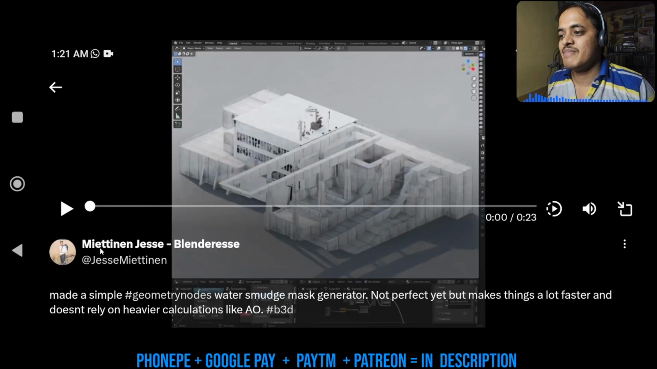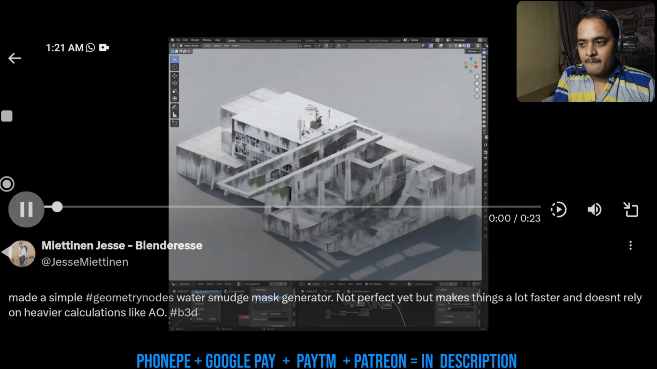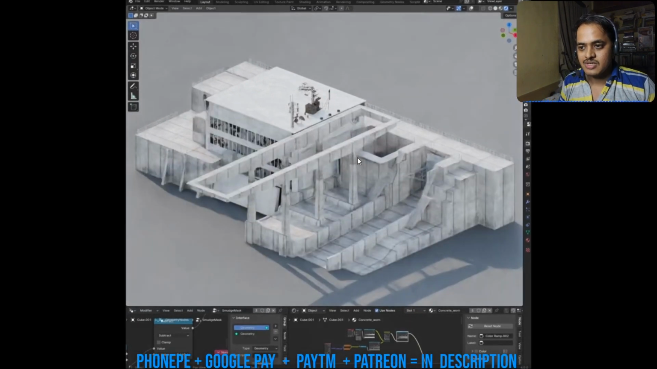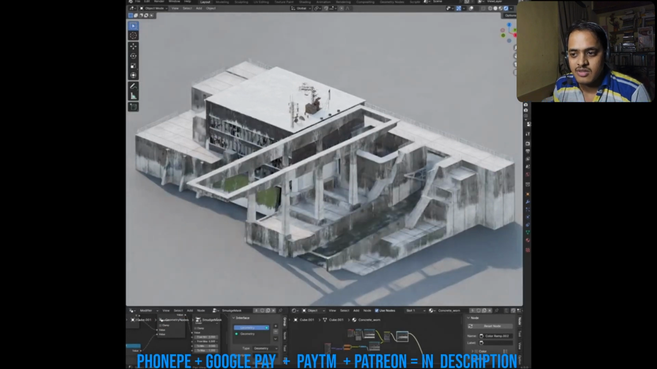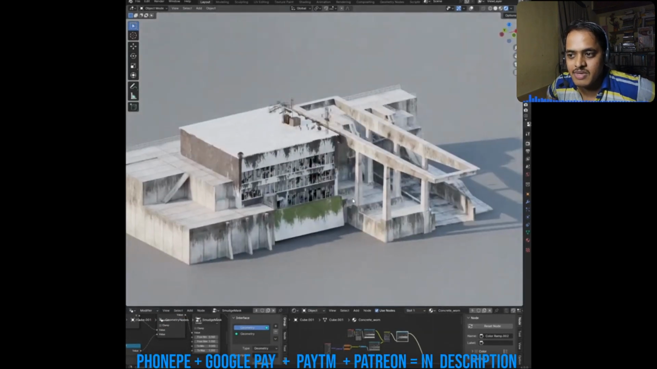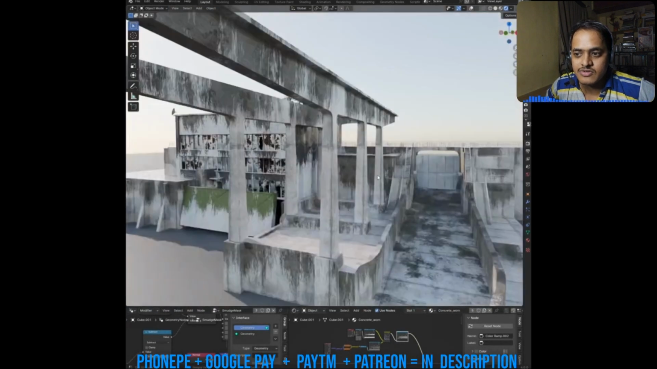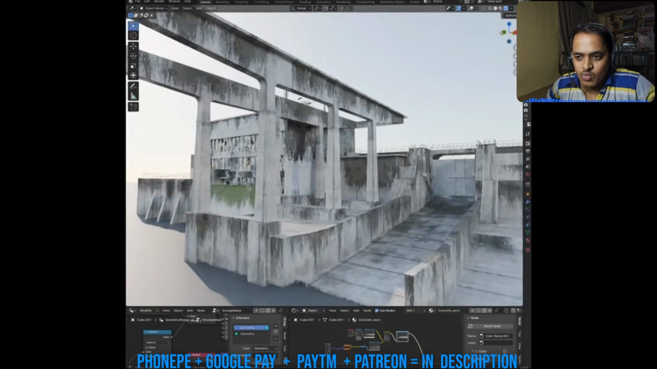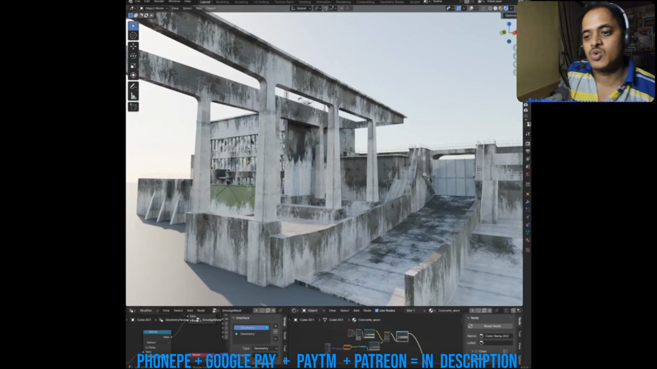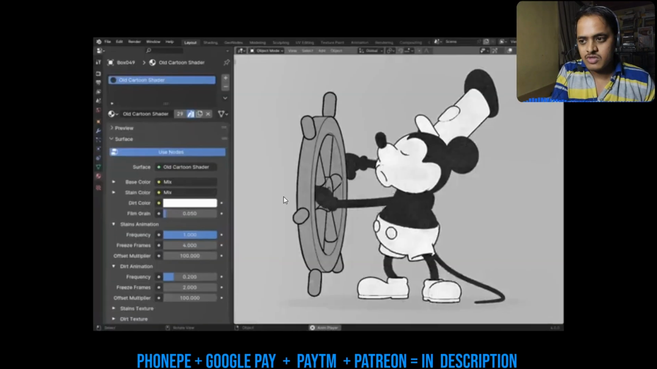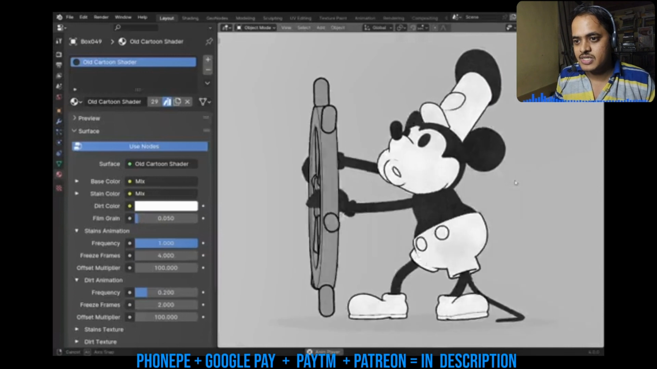This was nice. Blender water smudge mask generator. What it actually does is it creates these marks because of rain that takes place on the corners of the building, on the edges of the building. Just one slider to rule them all, as they say, one ring to rule them all, one slider to rule them all. So what he did was he created a shader